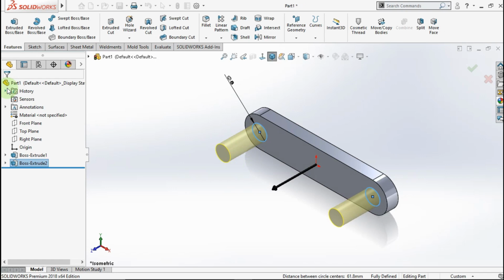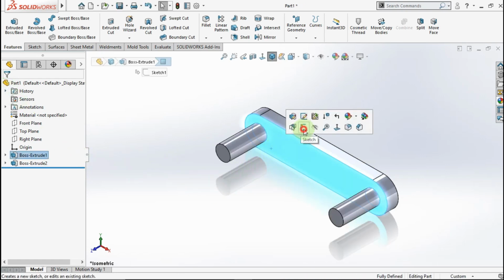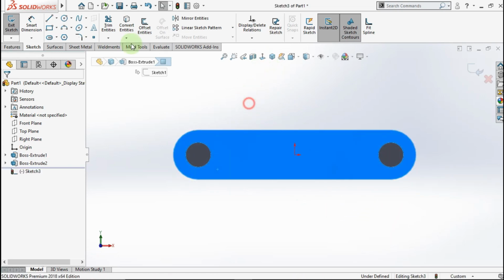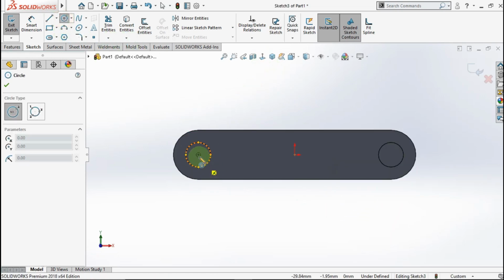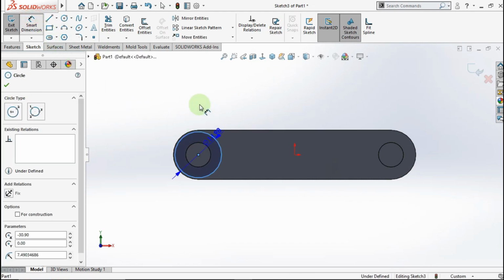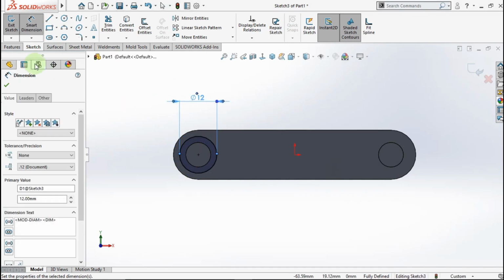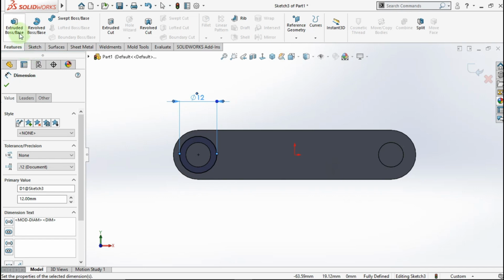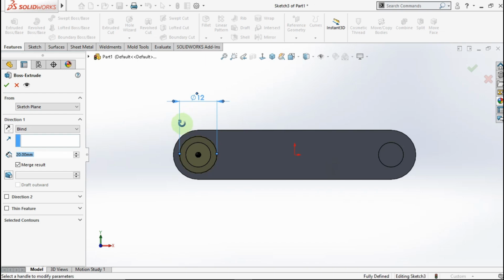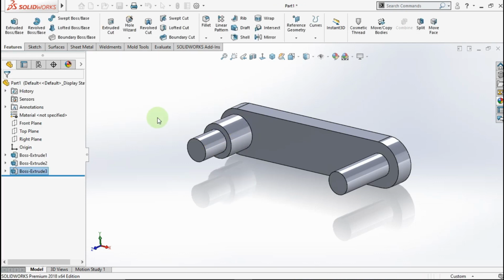Okay, see, go to this face again, active circle, click from this point to this point, active smart dimension, make the circle diameter is 12mm. Go to feature, active extrude boss, make extrude parameter is 10mm. Okay, see,